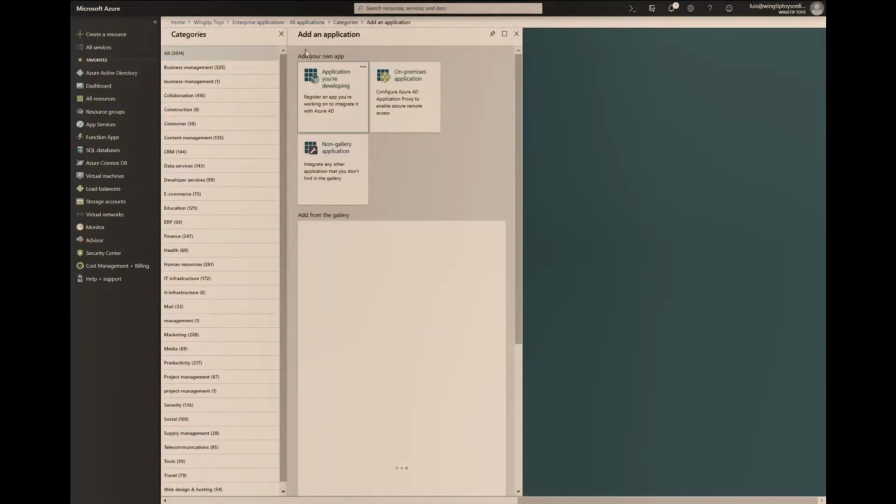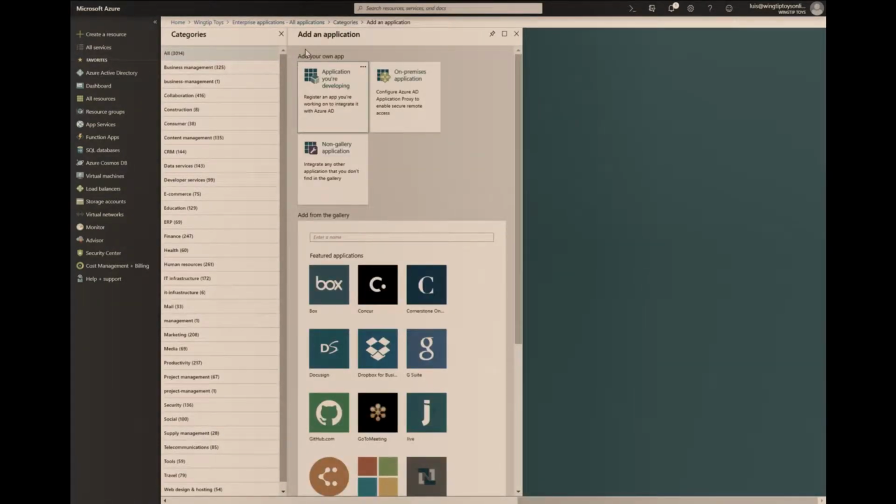As Arvind mentioned, we have a gallery with more than 3,000 applications that we have pre-integrated, working with ISVs to make it easy for you to configure. We have different categories of apps. We understand our customers are across industry. So if you need finance apps, healthcare, we have them for you. If you don't find an app here, not found,